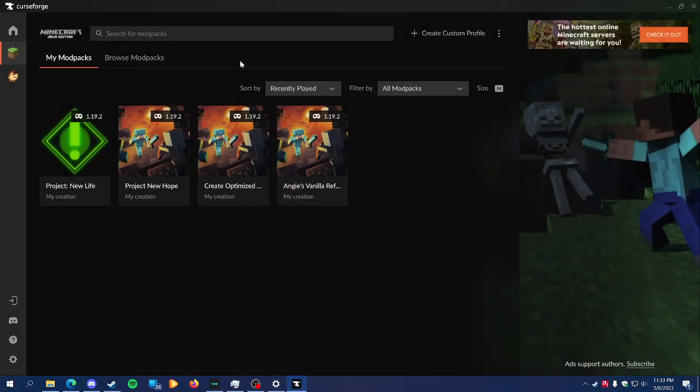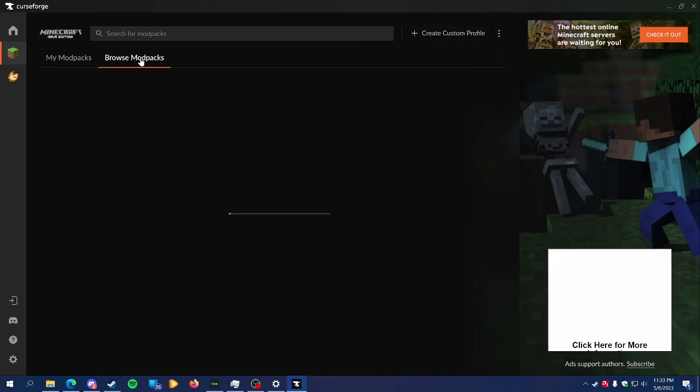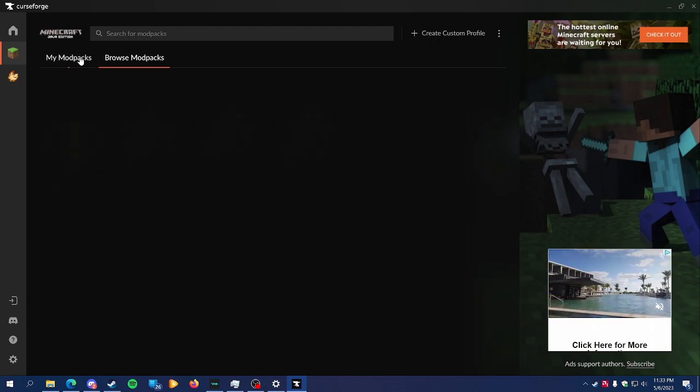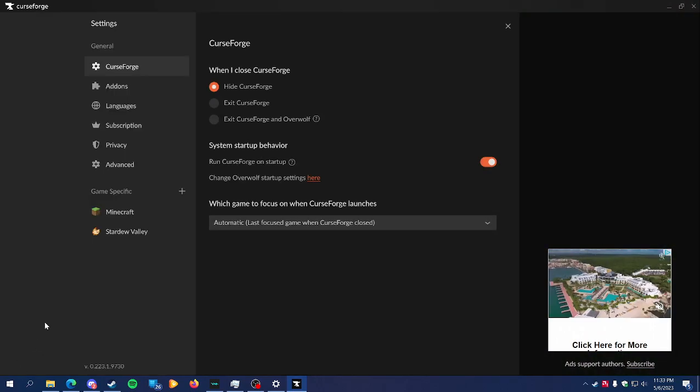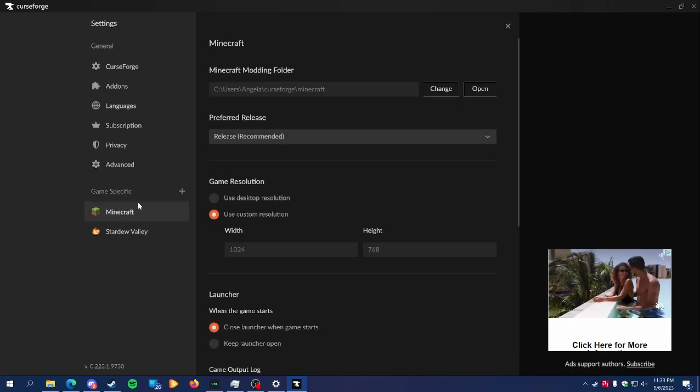Now, once you're in here, you're going to add Minecraft as a game, of course, and then you will see a screen that looks something like this. You won't have any mod packs in here yet, but you will be able to create custom profiles and browse mod packs that already exist. The first thing that you're actually going to want to do is go down here to your settings, and then under the game specific tab on the left, go to Minecraft,